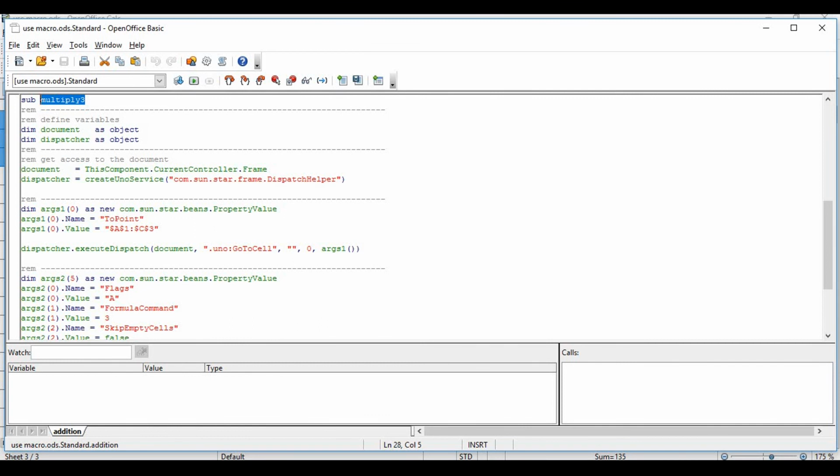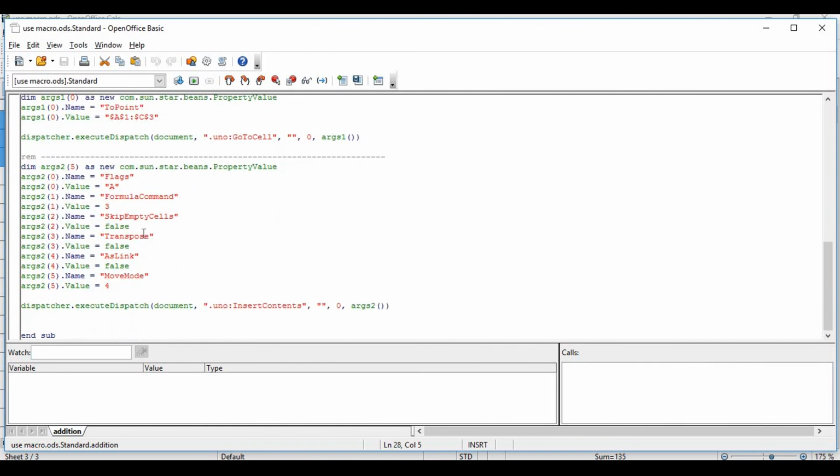So in the previous example, I created the macro and then saved the file. But here, first we saved the file, its name is use macro, and then we created the macro. So this time the name of the macro is appearing as a function. Sub multiply 3 means that our function is starting, means the macro is starting from here and finishes at End Sub. Clear? So this is the same as the Basic language, means OpenOffice Basic language. Is it clear?